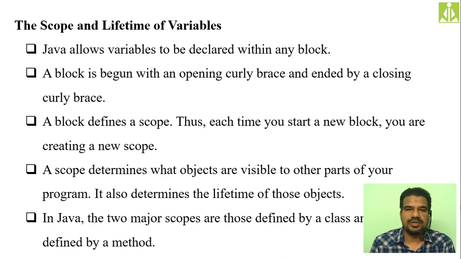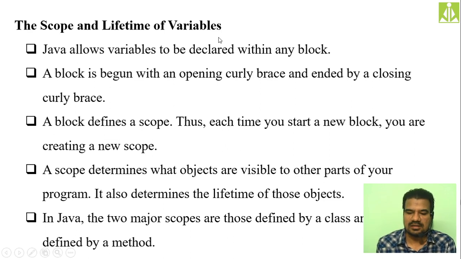Generally scope is defined with the help of blocks. A block is nothing but a compound statement. We have studied about it in your C programming language. A block is a compound statement. It will have more than one statement, a collection we can say. So in order to define a scope in our programming, we are making use of a block.